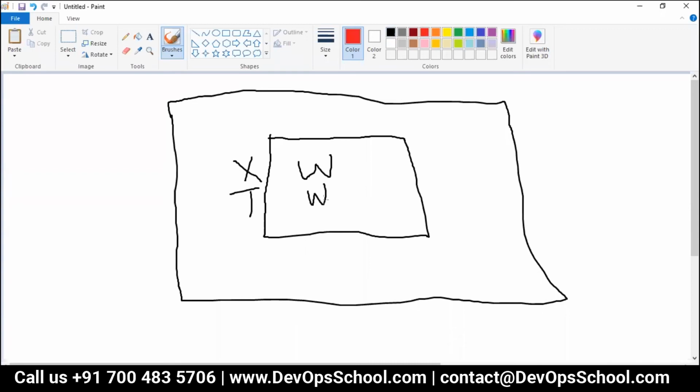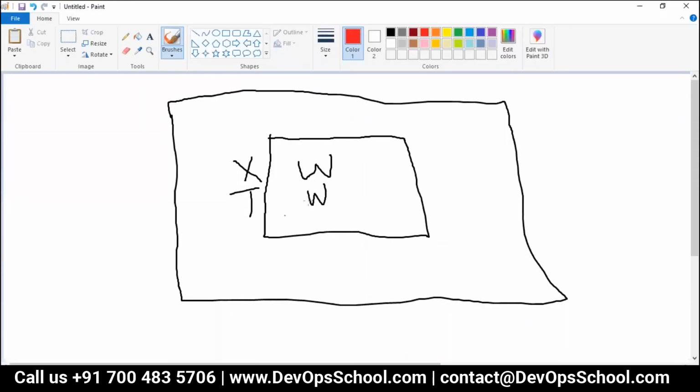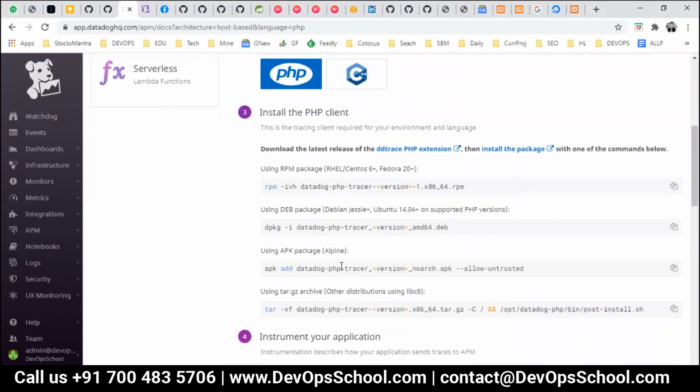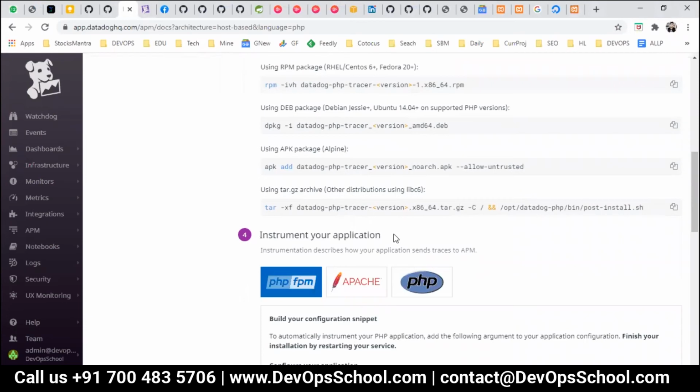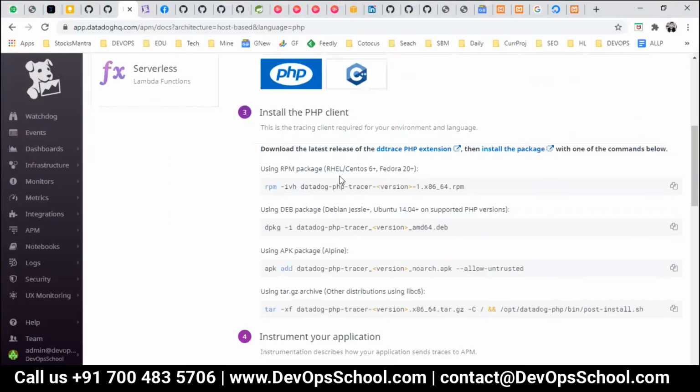So the outer box that you're talking about is our Linux machine, and in that you have installed all those other things, right? Yeah, that is what you're saying. You need to install one agent in the machine itself here. Correct. But you know what? This agent will be programming libraries actually. Okay, correct. So how can we install that agent?